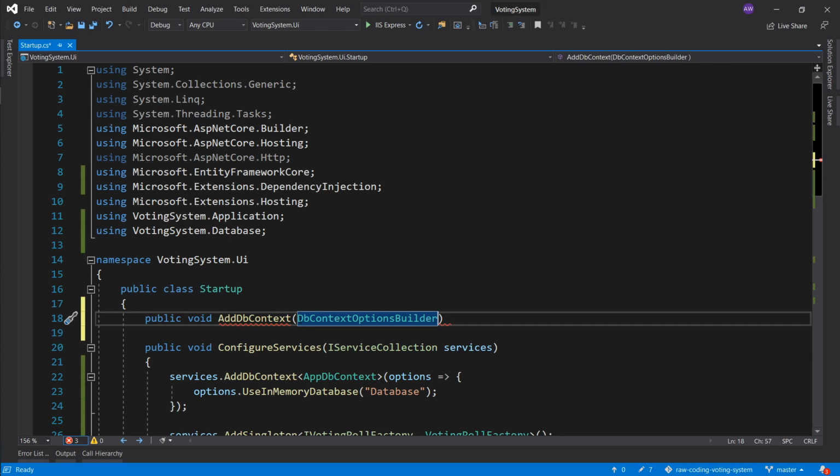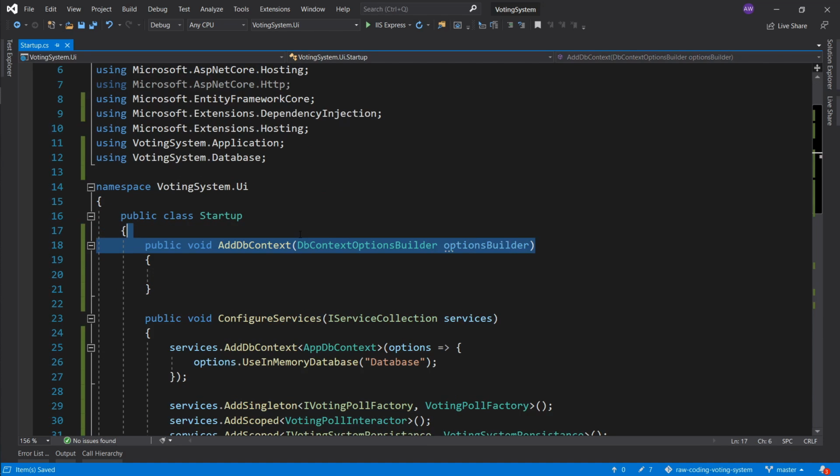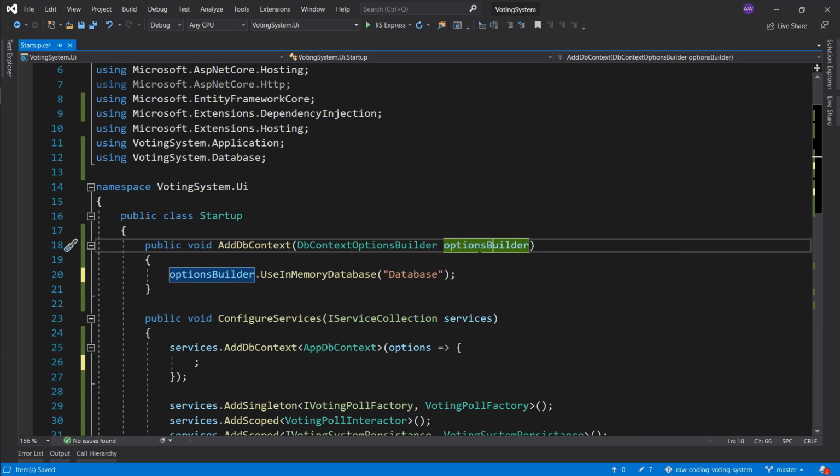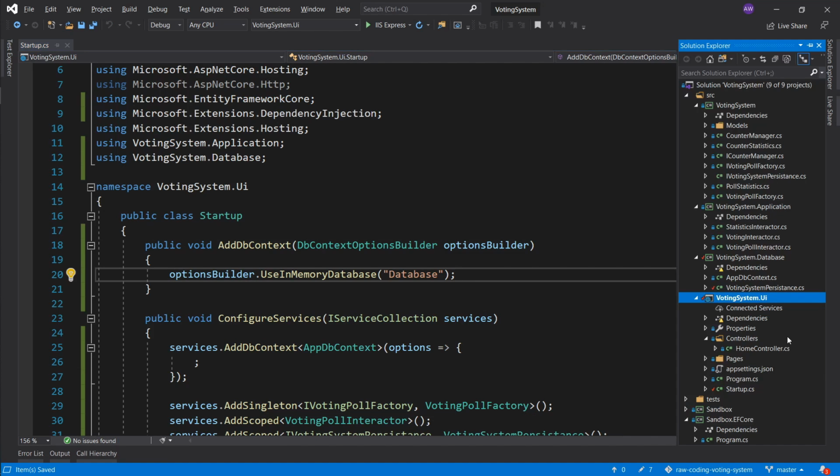Here now we're going to supply a parameter of Dbcontext options builder. Let's go ahead and name it options builder. Okay, and since this is going to be a reference type, all we're gonna do is, let's say, grab this, put this here, grab the options builder, and build our options in here, right? So we're passing a reference type into a function, and this is what's going to happen here. This service function is going to provide the Dbcontext option builder, and it's going to push it into this function, and then after we have configured the builder, it's going to build the options